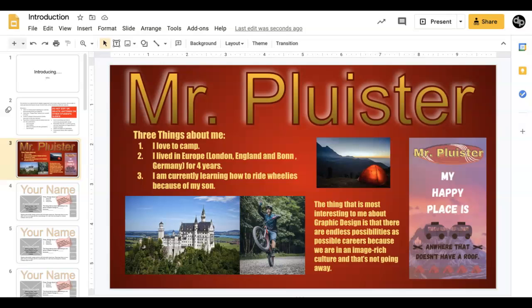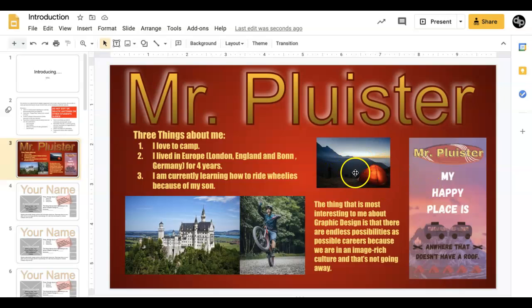Google Slides is pretty straightforward to use. You're probably familiar with how to do it, but I want to make sure that you get the most bang for the buck, as it were, to make the coolest, most interesting slide possible. So a couple of things that you can do just in regards to editing some of the format options to